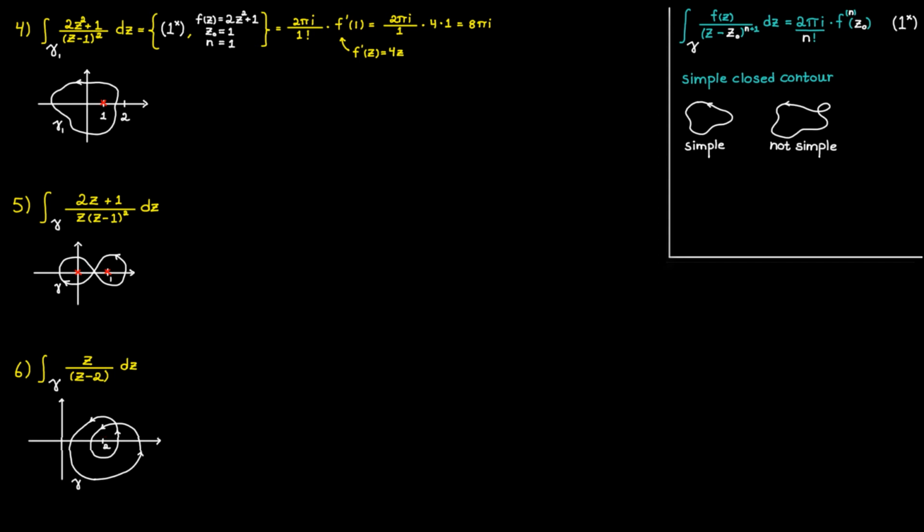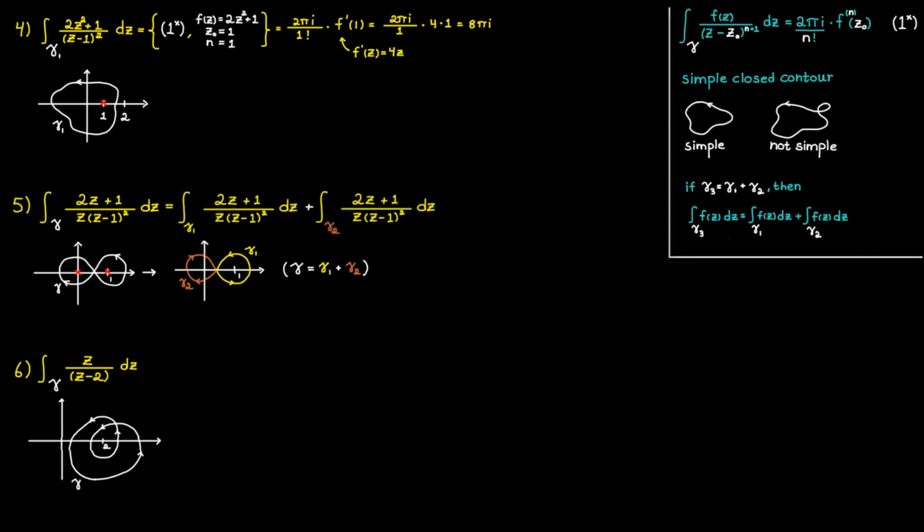But we can fix that by splitting up our big contour gamma into two smaller ones. Let's call them gamma 1 and gamma 2. And here I would like to notice that both of these two new contours are simple, and the fact that if you add these two paths together, you get the contour gamma. So since our path gamma is made up of the two separate paths gamma 1 and gamma 2, we can rewrite this expression up here to the following. So now we can try to solve these two integrals one at a time instead.